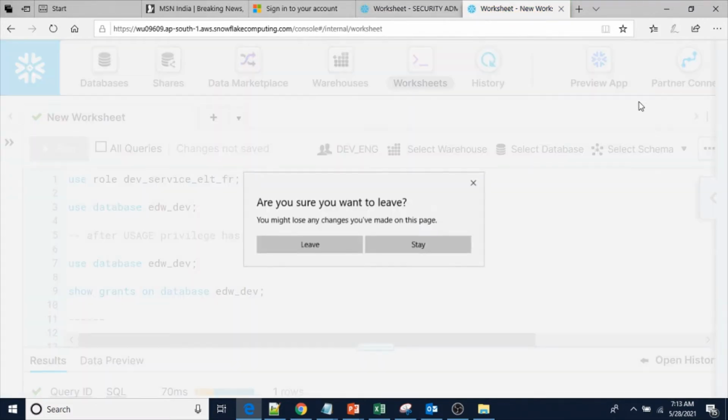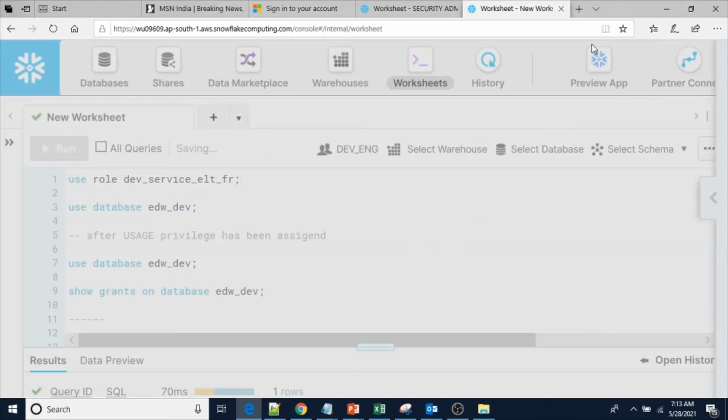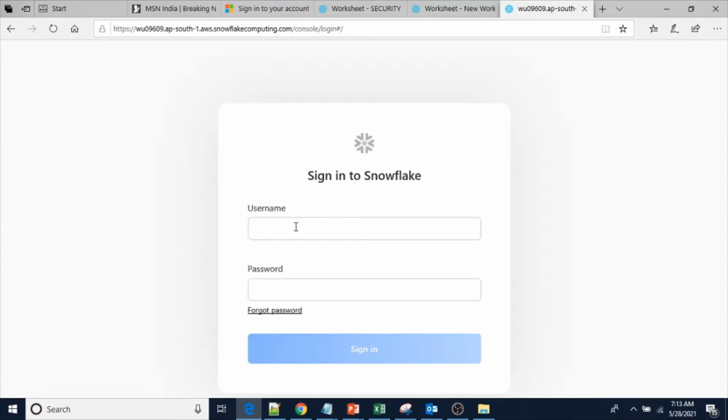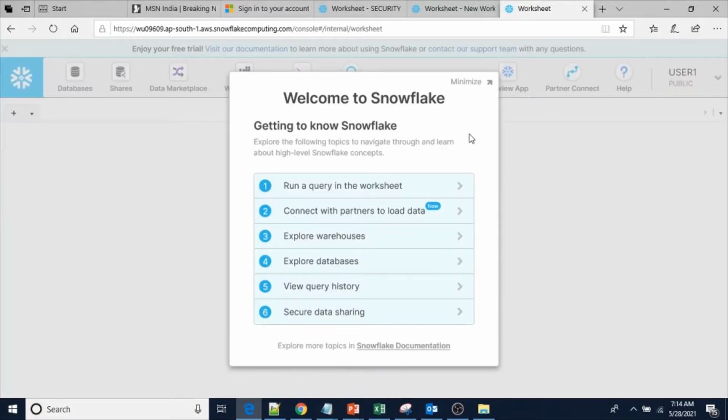So to do that, let me open a new window, and then here user1.